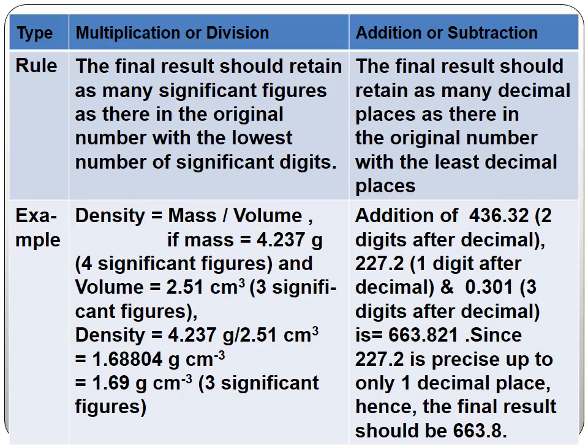Suppose the mass of an object is 4.237 gram, its value with 4 significant figures, and the object's volume is 2.51 centimeter cube. This value has 3 significant figures. Then what should be the density of this object? By using the formula, density is equal to mass divided by volume, by the calculation, it will give